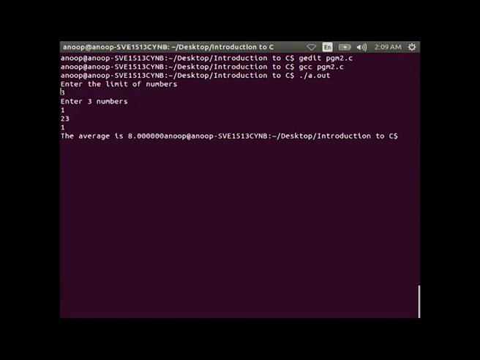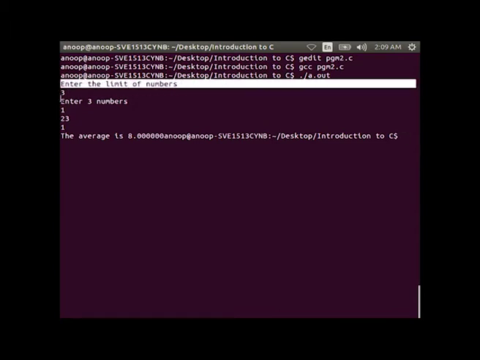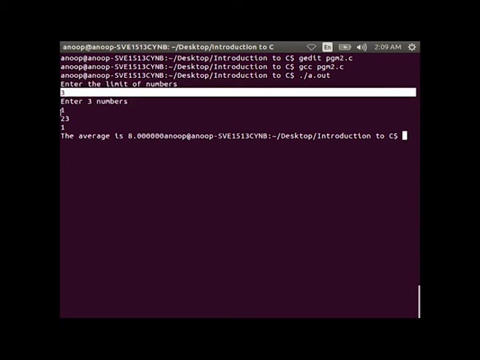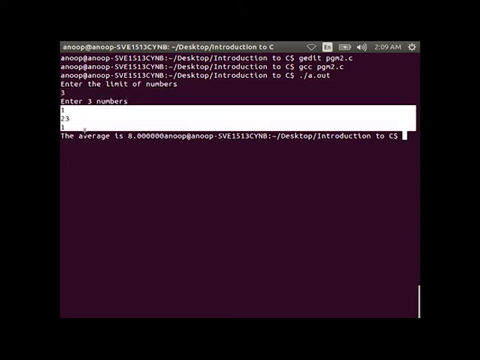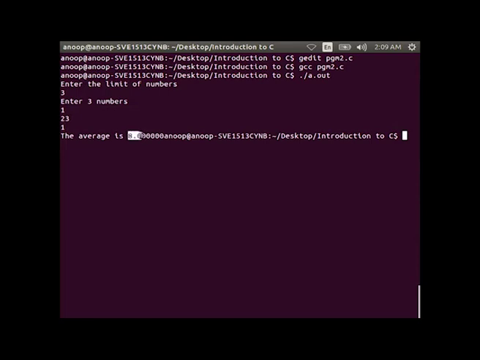You are entering 1, 23 and 1. So, the program gives you an output, the average is 8.000, because you have declared the average as floating point data type.